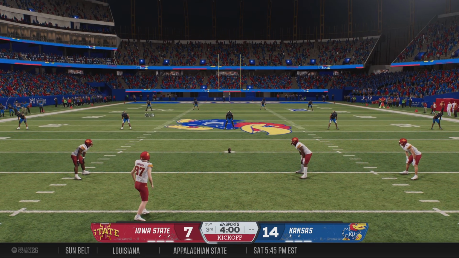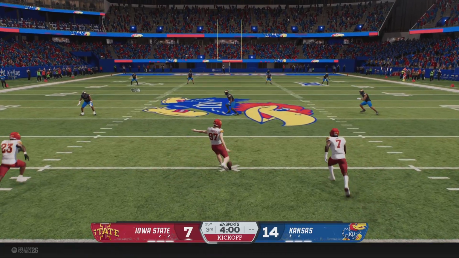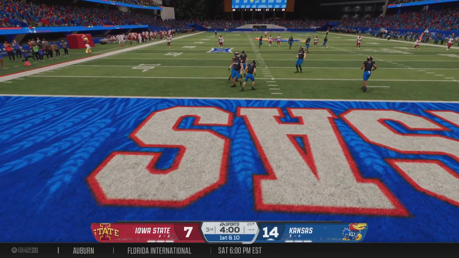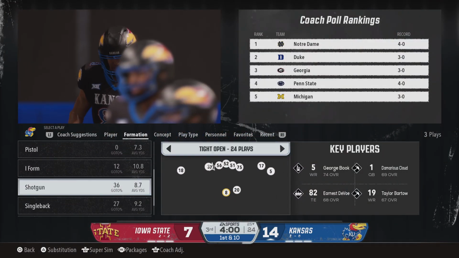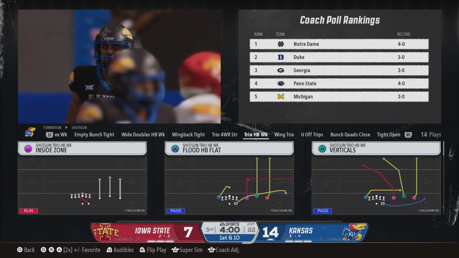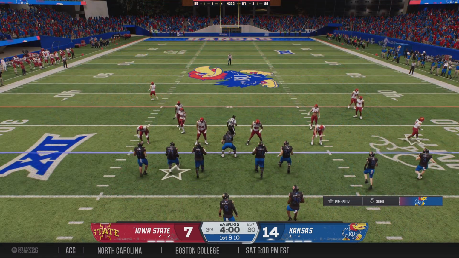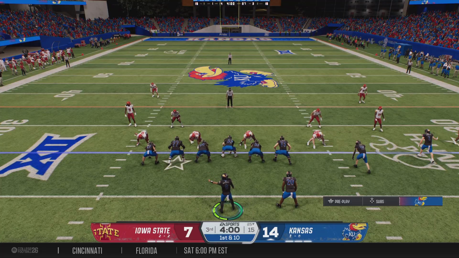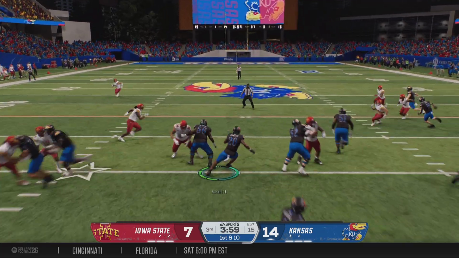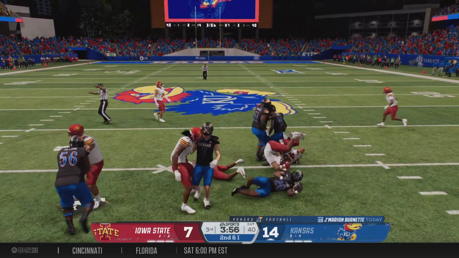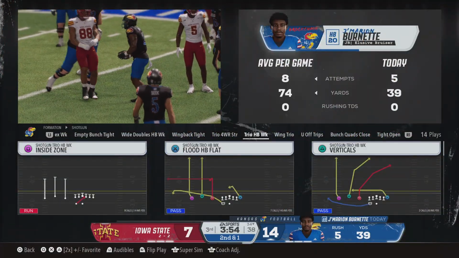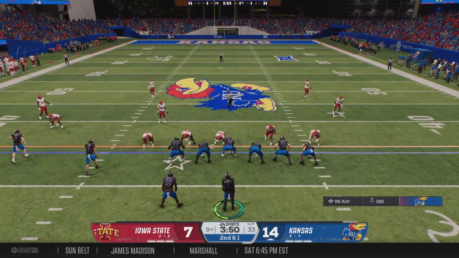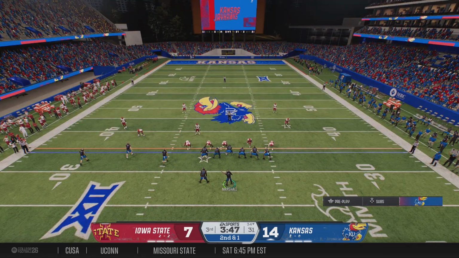And the Cyclones will try to kick this one deep to get things underway in the second half. Bounces through the end zone. It's a touchback. They'll bring it out to the 25. Kansas gets the ball back, and the Jayhawk offense is ready to go to work. They had this lead to start the third quarter because of the passing game. Didn't get a lot done on the ground. They did, but the quarterback is in a rhythm. That was obvious in the first half. And so this first drive, you want to continue that. You want to see good decision-making. You want to see him playing on time. And as always, delivering the football with accuracy.